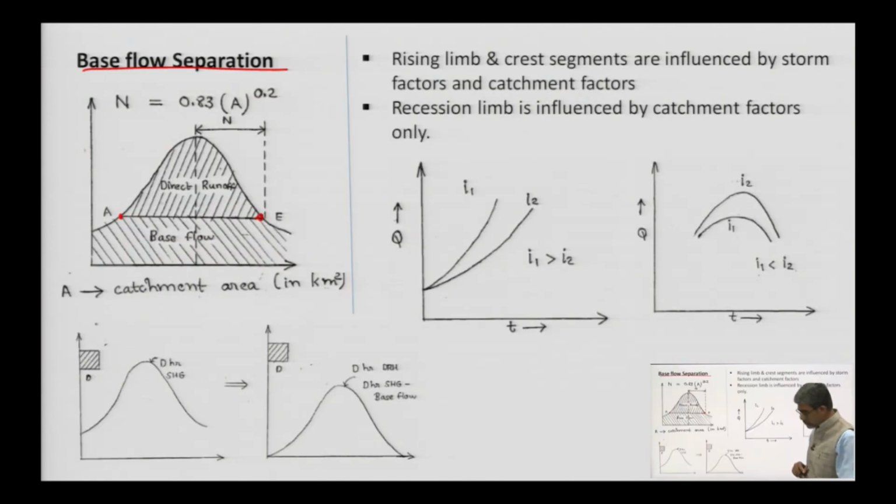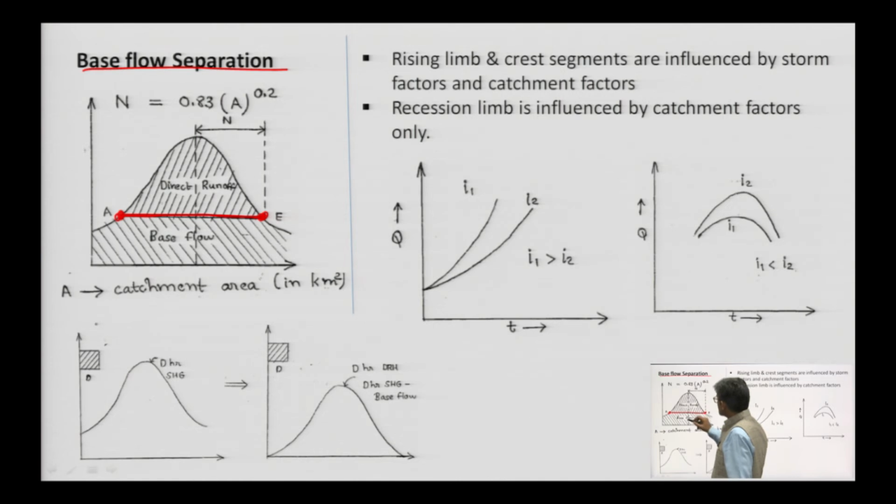So, how can we do it? We can do it in different ways. First, to separate direct runoff and base flow, simply join these two points by a line. But joining point A and E by a straight line is rough work. So, another method